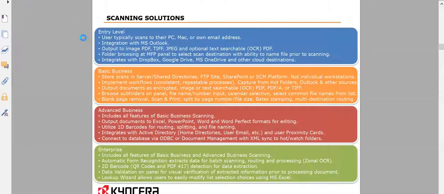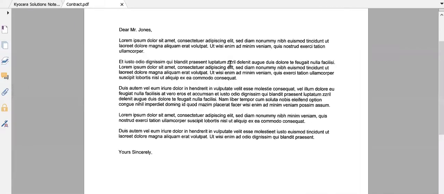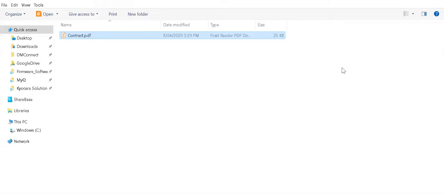If I double click to open this document, we'll see it's the standard lorem ipsum text. If I touch Control Find, and I'm going to type in QUIS, press Enter, notice that is highlighted in the document for me. So this becomes a searchable PDF at this point that we can now find this content and utilize it for searching purposes. It will also become searchable in Microsoft Windows. So here I can simply type that phrase and it'll search this entire directory for me.